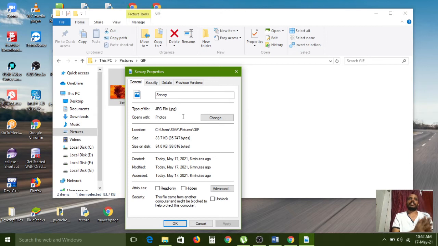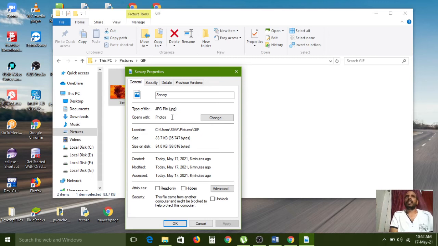JPG, the extension has two types in JPEG. JPEG also works, as well as .jpg also works. Understand? Here what is it showing? .jpg. A small extension it is showing na. The E is missed here.